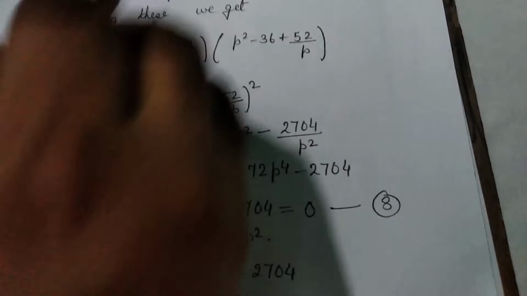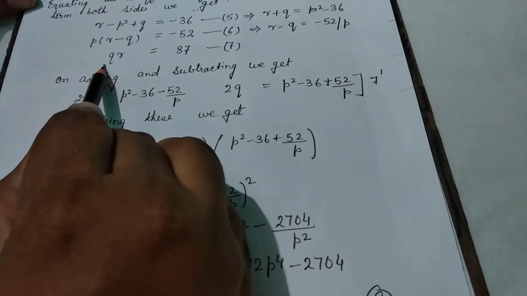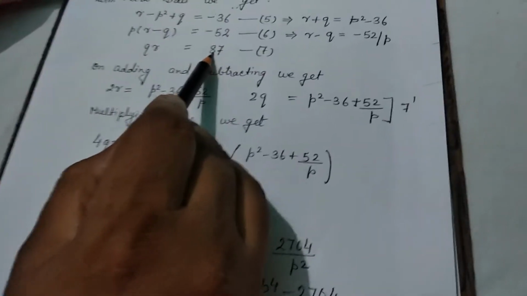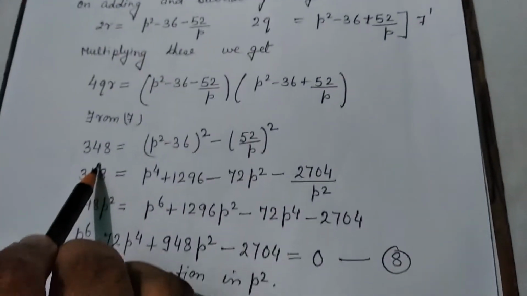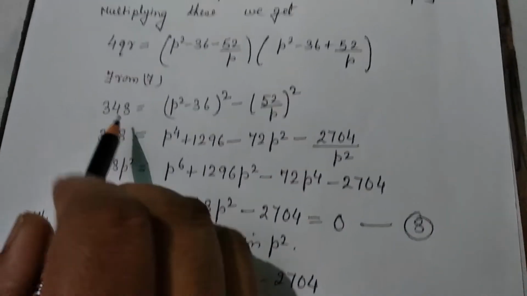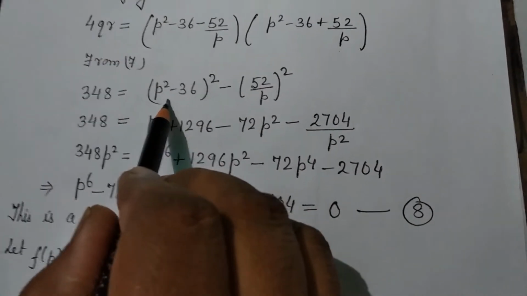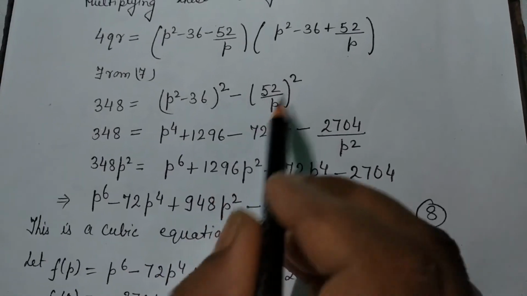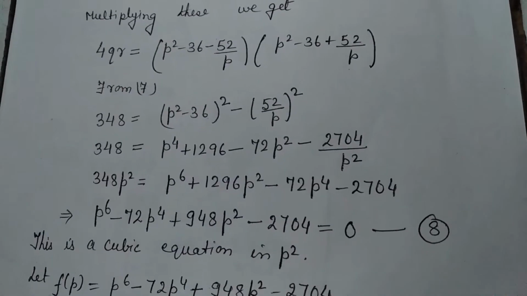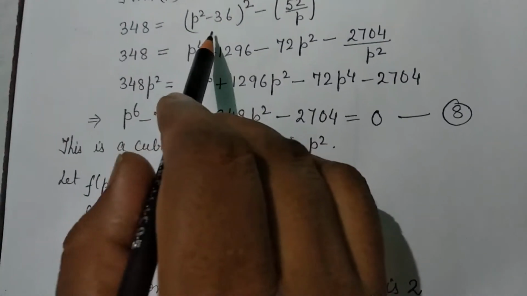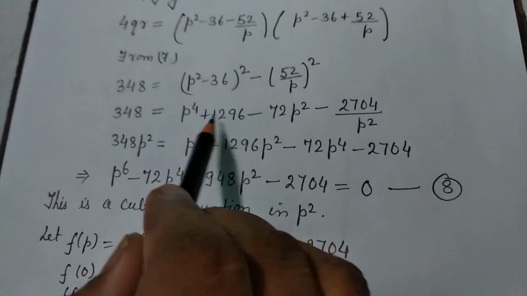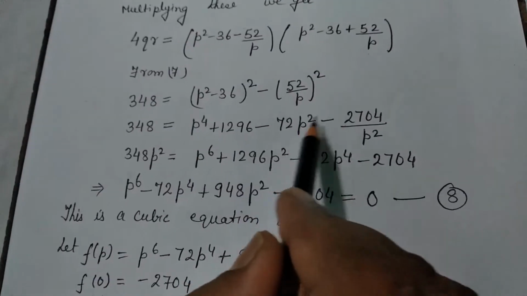Now from equation 7, here the value of qr is 87. So 4qr will be 4 into 87, that is 348. So this will be equal to (p square minus 36) whole square minus (52 by p) whole square. Now on the right hand side, we'll square it. So we'll get p to the power 4 plus 1296 minus 72p square minus